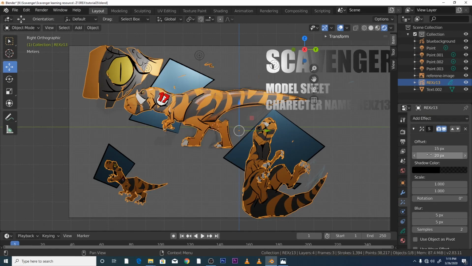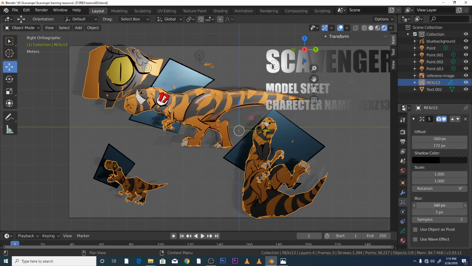And what we want to do is increase the offset, increase the pixels, blur, take the